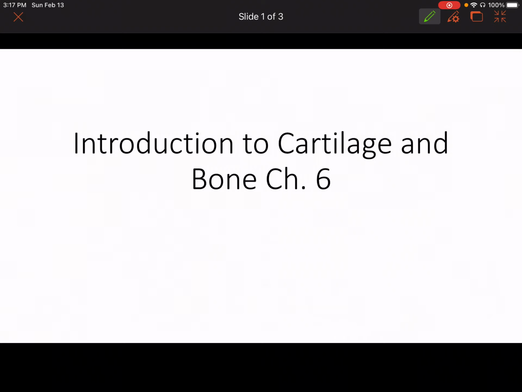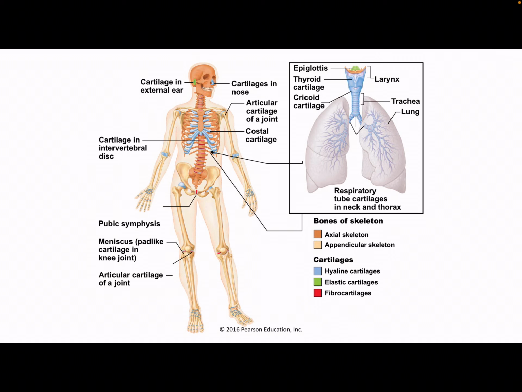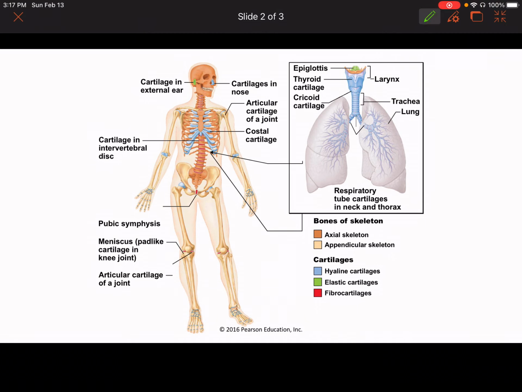Hey everyone, welcome back. We're going over osteology, or the study of the skeletal system and bone in particular, but we're going to go over cartilage and bone for right now. So here are the divisions. You'll need to know a few things. You'll need to know about these three key types of cartilages, and we'll get more into the skeletal system later, but right now I just want you to be familiar with what parts are considered axial and which parts are